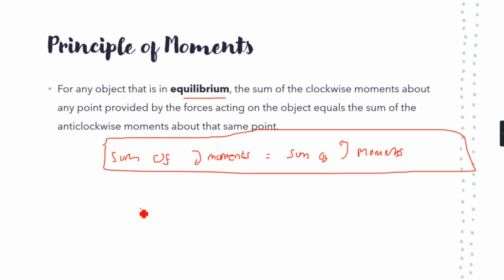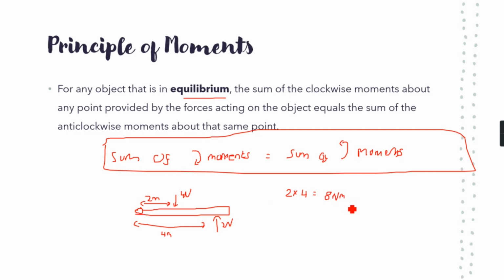Let's see if I can show this visually using the same lever example. Let's imagine we have a force acting downwards here of 4 newtons, 2 meters away from the pivot. We're going to keep it at 90 degrees. And there's another force acting up here of 2 newtons, and this is 4 meters away from the pivot. The sum of the clockwise moments, where we just do the force times the perpendicular distance, is 2 times 4. So that's 8 newton meters, which is, by the way,